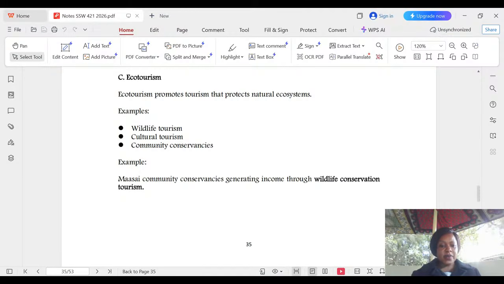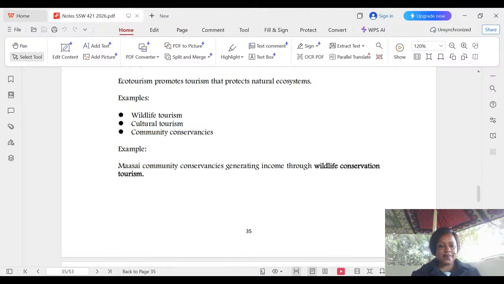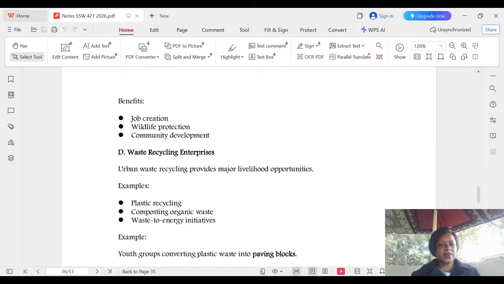So, for example, the Maasai community conservancies generate income through wildlife conservation tourism. Okay, so the benefits of these, of course, would be job creation, wildlife protection, community development, of course. Then we have waste recycling enterprises, okay, another sector